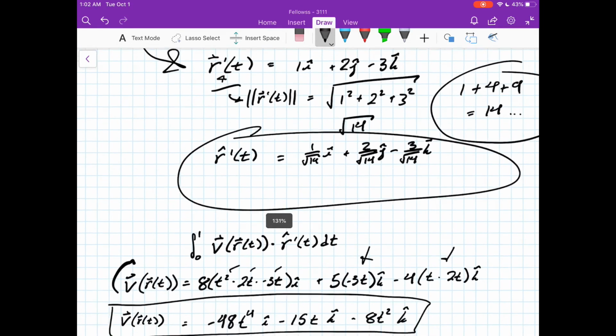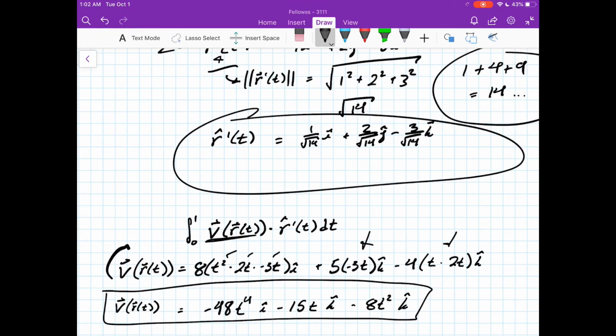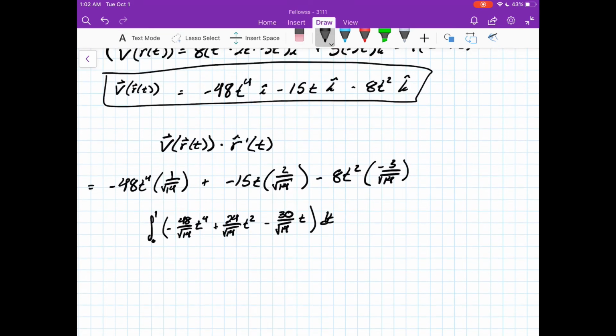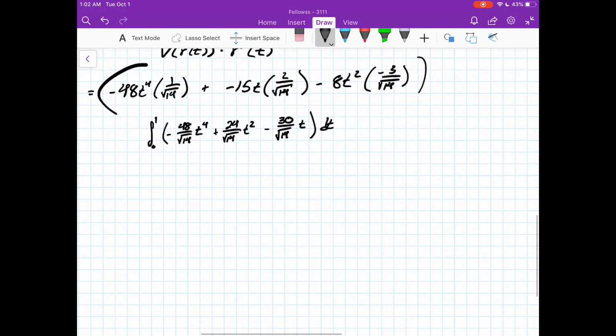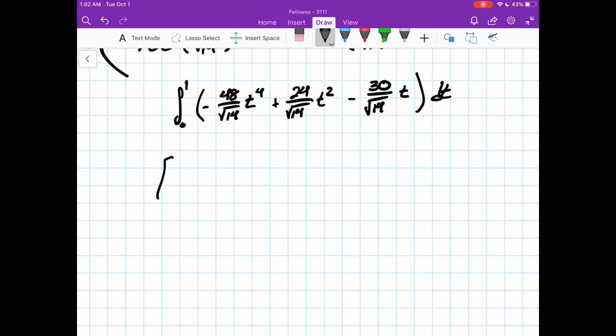And so then what I do is I keep moving forward with this integral, and I dot it with the direction, right? So when we do that, we end up with this guy, and I tell you what, we are 99% of the way here, because now we just have to integrate a polynomial, right? So we can walk through this together. This is going to be